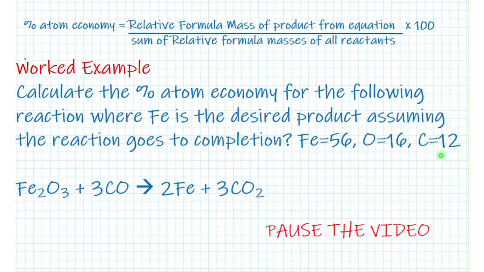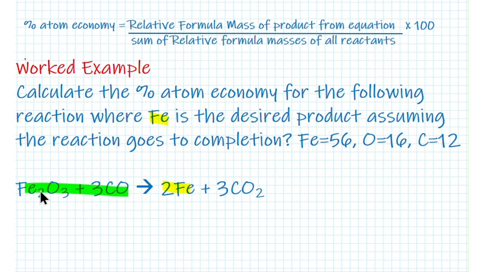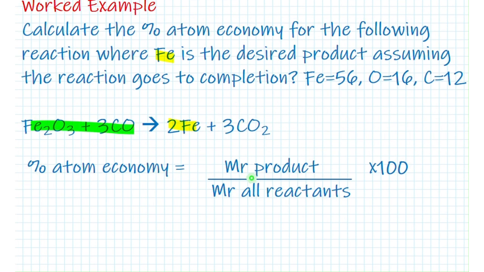As in the question, we know that iron, Fe, is our desired product. That's what we're trying to make as much of as we can. In green there, those are our reactants. Those are the two things that go together to make the iron. And the CO2, that's the byproduct. So we've got a shortened version of the formula. Percentage atom economy is the MR of the product that we want divided by the MR of all the reactants